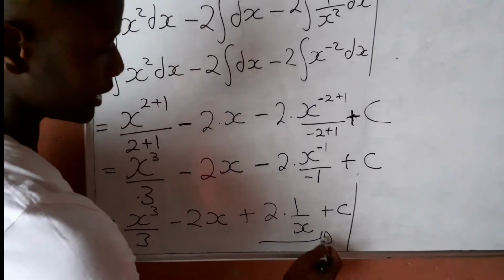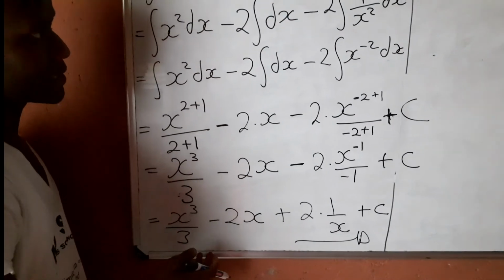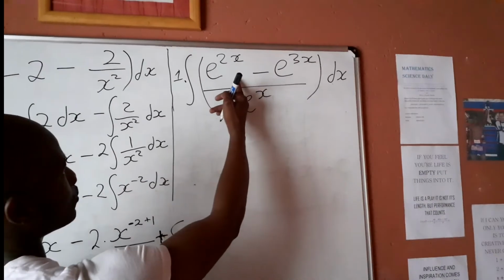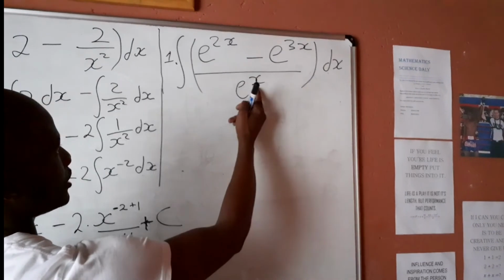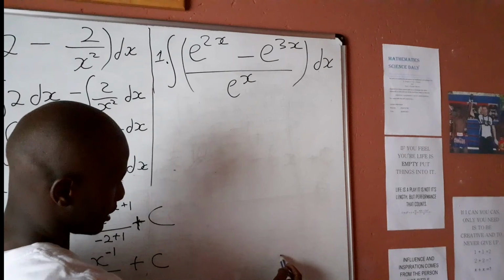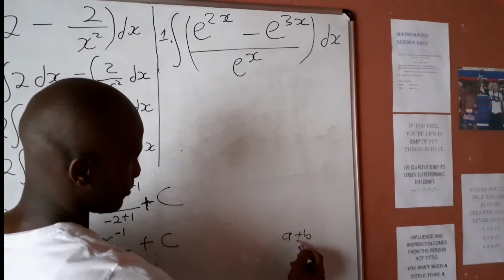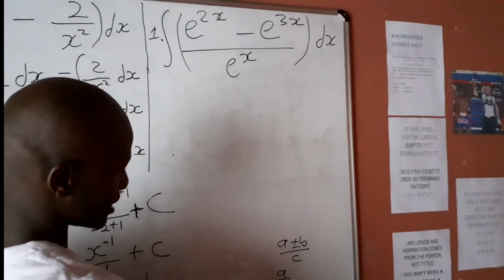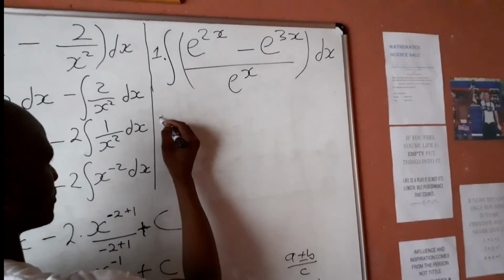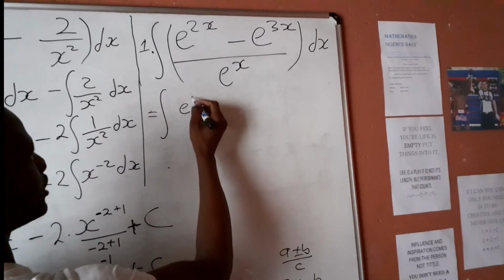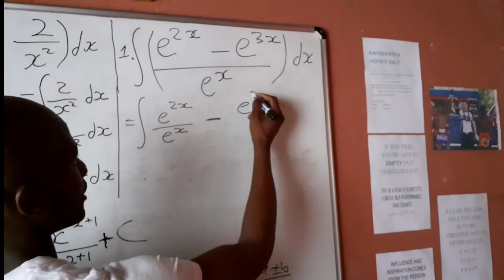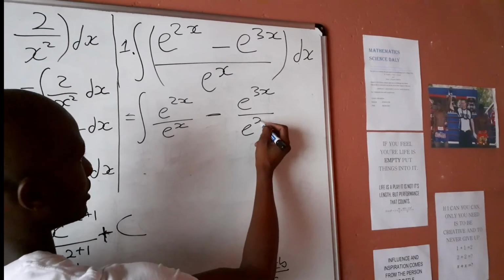So this is the first question, guys. I hope you all understand. So now, guys, integrate e to the power 2x minus e to the power 3x over e to the power x. So we're going to apply laws of fractions. Remember, fractions, a plus minus b over c is going to be a over c plus minus b over c. So integrate is going to be integral e to the power 2x divided by e to the power x minus e to the power 3x divided by e to the power x